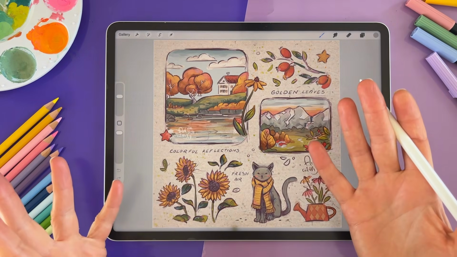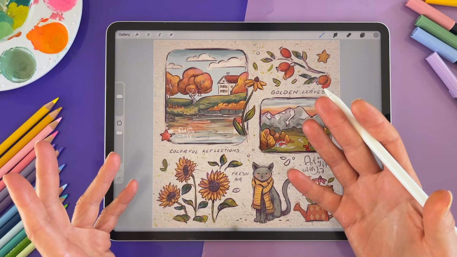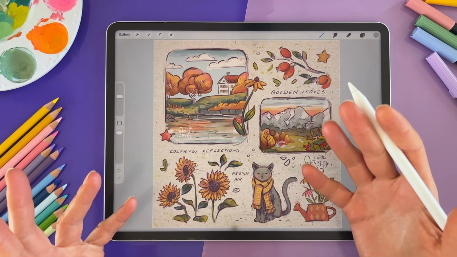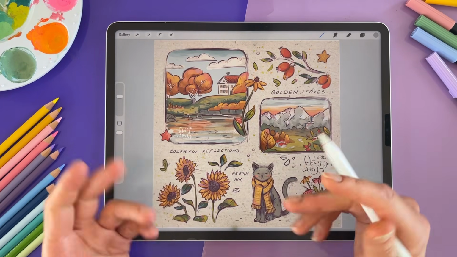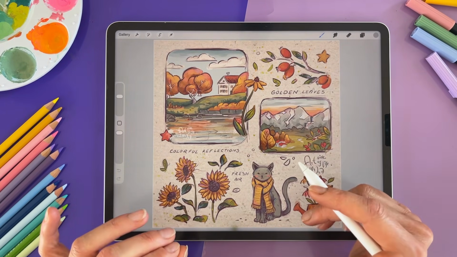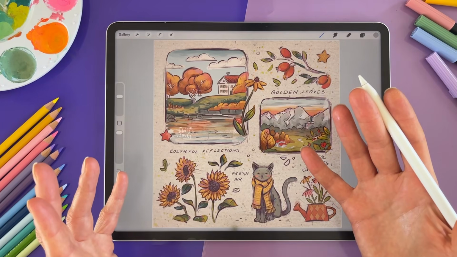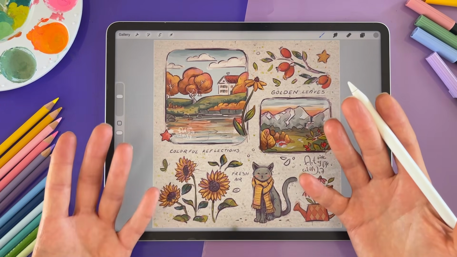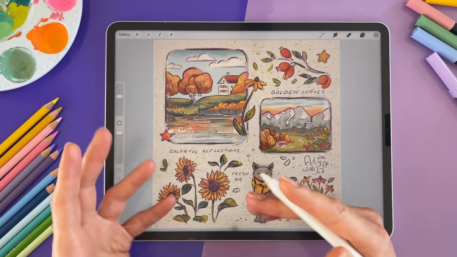Hello and welcome to a new sketchbook tour. I thought I could make a collection or a preview of inspiration from fall art. So there will be a combination of older artworks and also newer artworks that I created this autumn and start